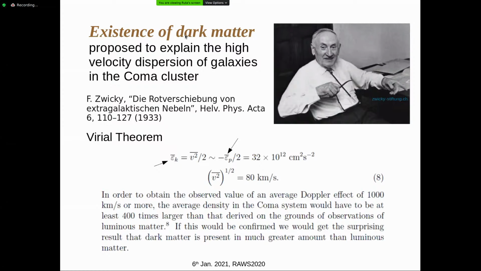Now, if that sort of a mass were to gravitationally bind galaxies moving at such high speeds, that led to a contradiction, and that is where the proposition came that there must be additional mass that we are not able to detect in terms of just the light that is emitted from these galaxies. So the existence of dark matter was actually implied by the measurements of the galaxies of the Coma cluster system.